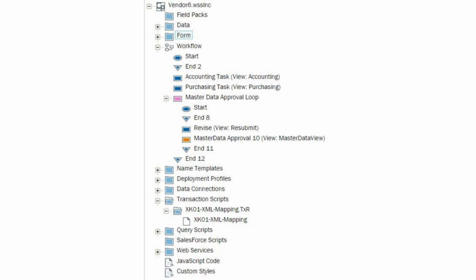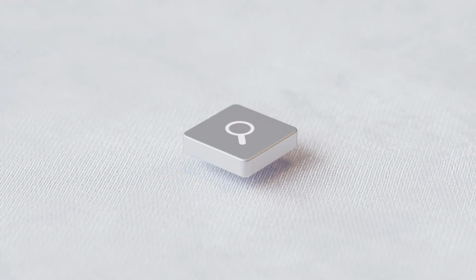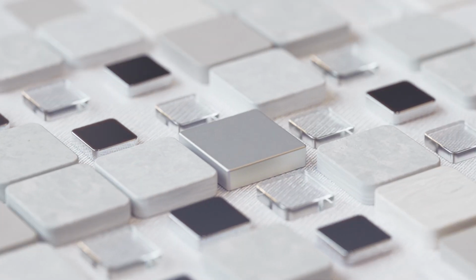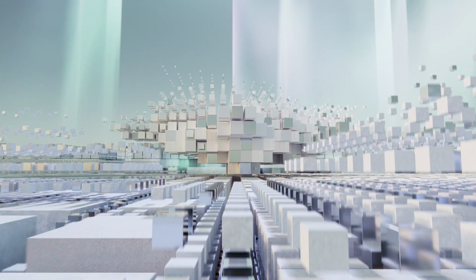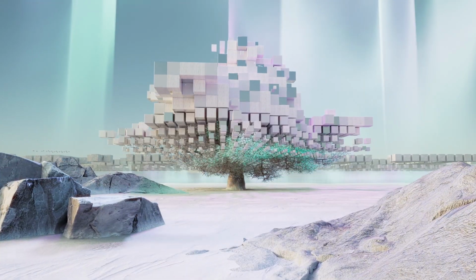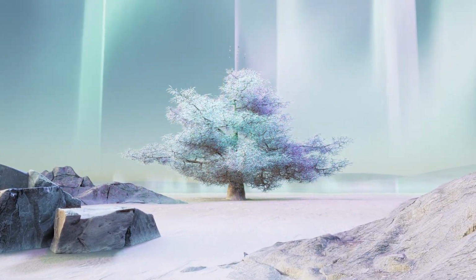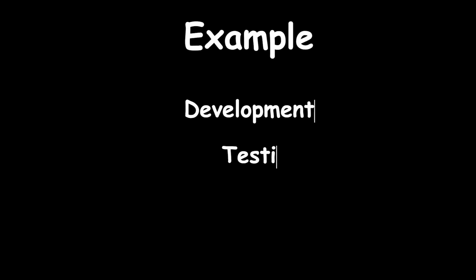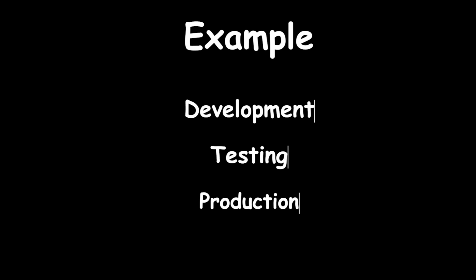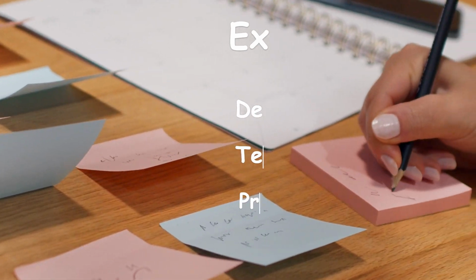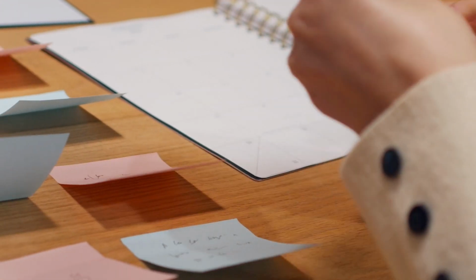When you publish a solution, you simply select which deployment profile you want to use. This enables you to easily publish the same solution to different environments and helps you create and migrate a solution through various environments as it goes through stages of development, for example, development, testing, production, etc. We can also use multiple environments to develop solutions.